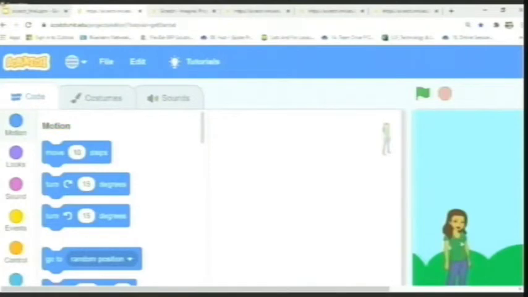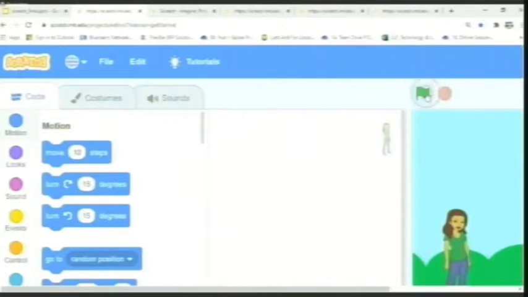In this code section, I want Abby to actually move from position A to position B. So how do I do that? With the help of the coordinates, of course, but in order to do that, we have to program. For any animation or any story, there has to be a start point and an end point. Without that, you will never know when to start or when it is going to end. That is what these two blocks right here are going to show us.